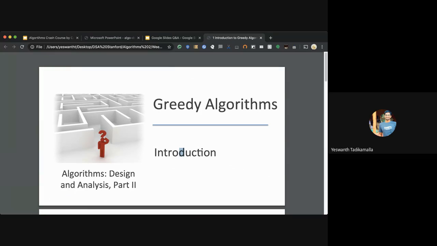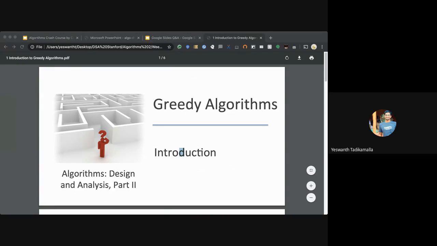Greedy algorithms are a set of algorithms whose paradigm of solving the problem is basically to select the next best possible solution without keeping in mind the overall optimization of the solution. You'll see what this statement means.